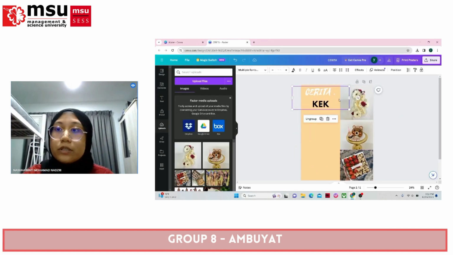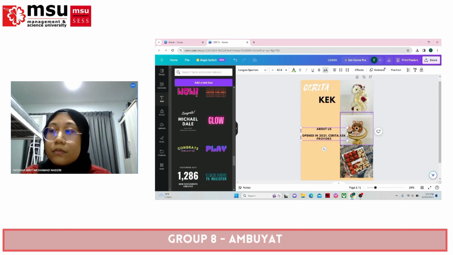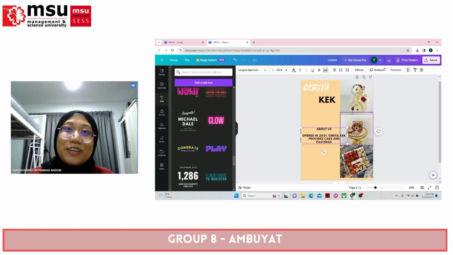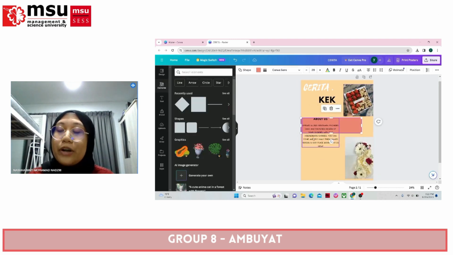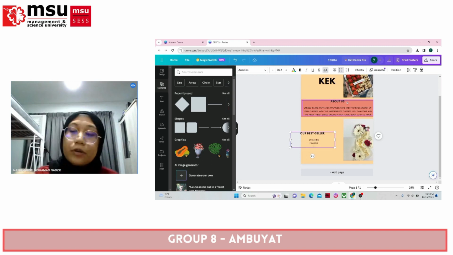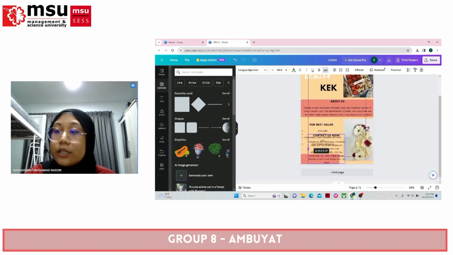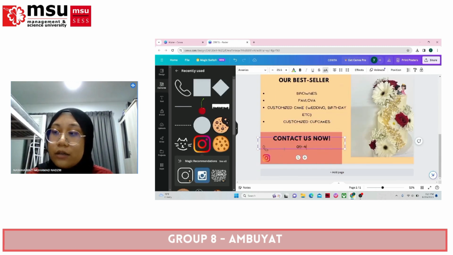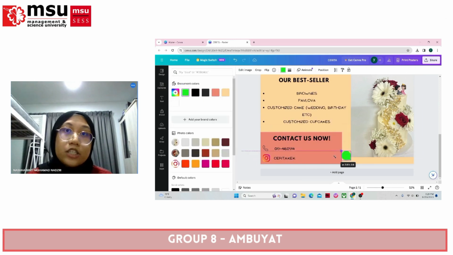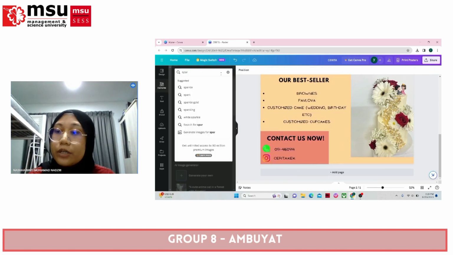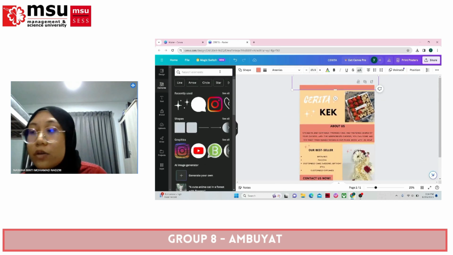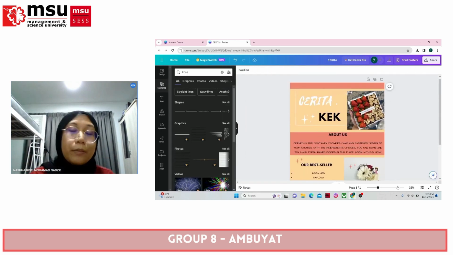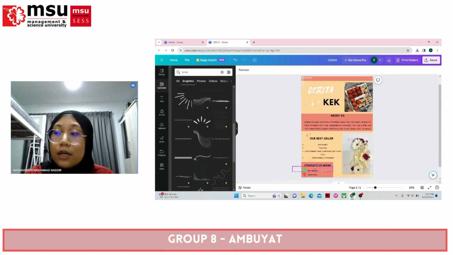For the poster, to be honest, compared with all of my designs, I like the poster design the most. The owner provided me with all the details for the poster, and the background that I chose is a yellow color, to match with the pictures. And for the small boxes in the poster, I chose the color pink, so it will not overlap with the other colors and pictures.